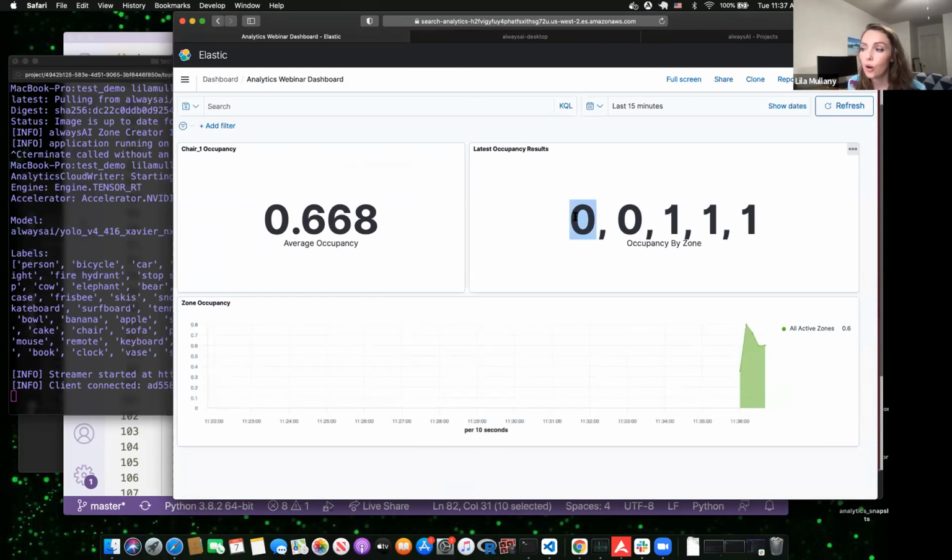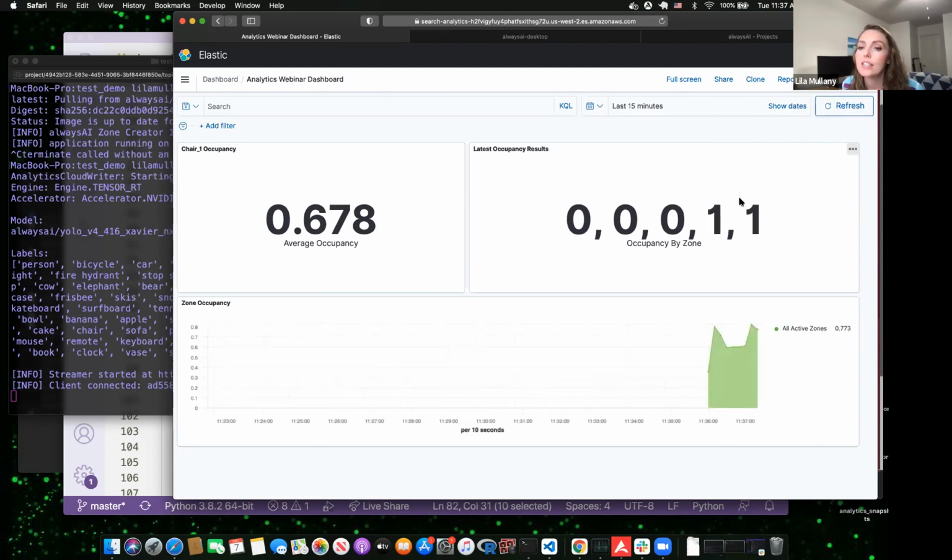So that is a zone for people who are not in one of the other zones. It might be a little counterintuitive, but this will show you if you had people who are maybe not being picked up by some of the zones that you've configured in your store. So it's an additional way to just monitor traffic if you haven't targeted certain zones already. And so we can see here that we have real-time data, and we can see that the data is changing